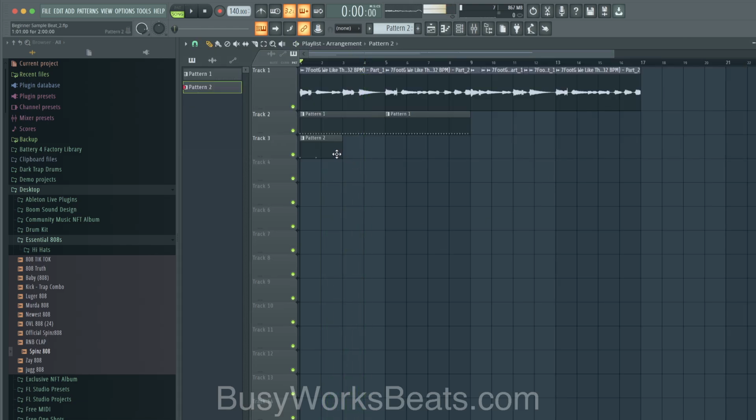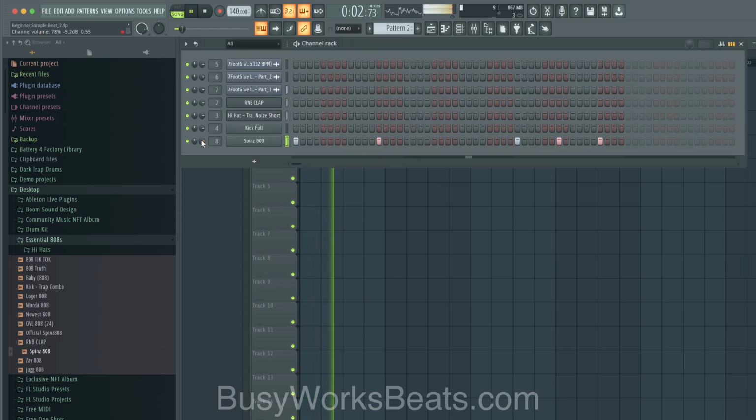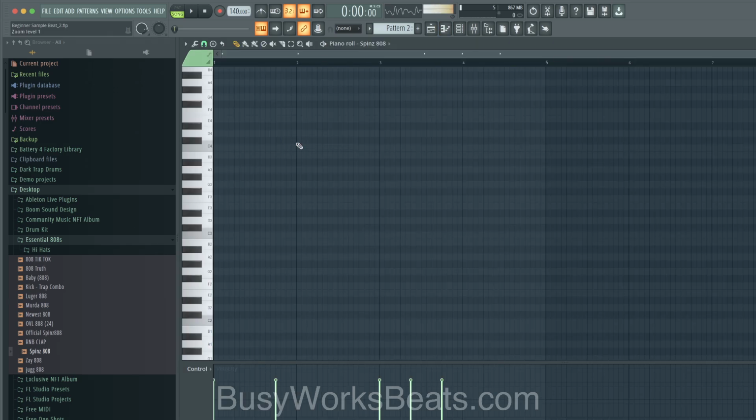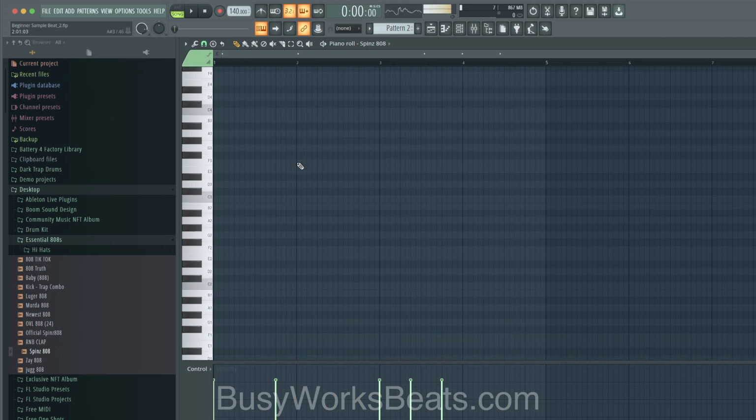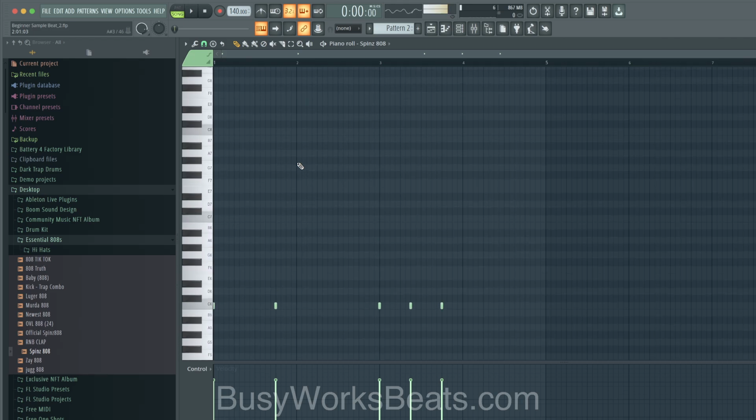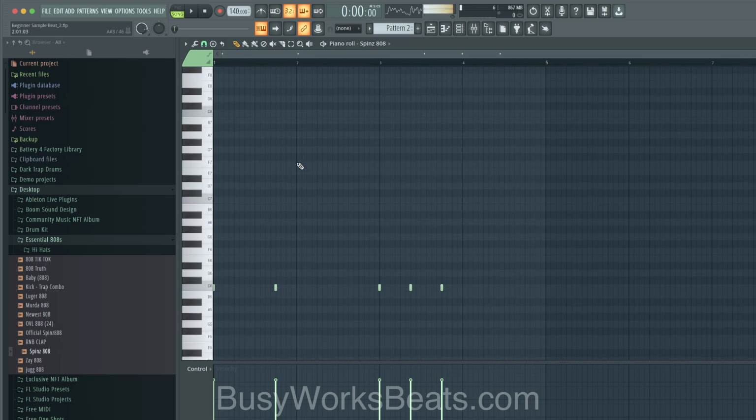If you don't hear the rest of the notes, you're like, I played more notes, but it's not there. Go to your pencil tool, grab the edge and just drag it out. Remember, we're only doing the pattern of the 808. Now let's add some notes to the 808. Right click, piano roll. If you have trouble like I do hearing the notes of the 808, hit Control up to pull them up 1 octave.